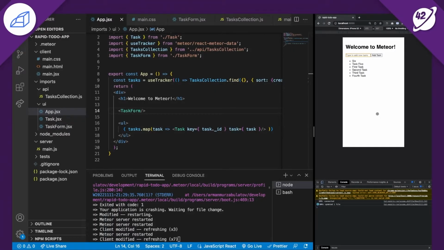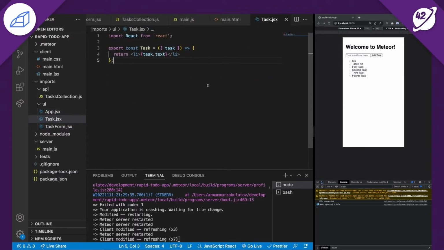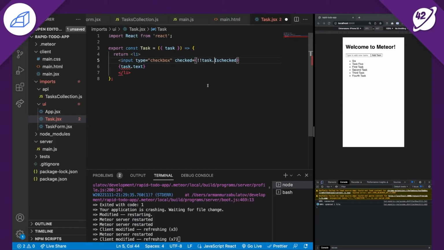Since we are building a to-do list, we need a checkbox to check the tasks that we have done, that are completed. So let's implement that. You can open our task. And by doing that, by the way, we'll implement the update operation. So let's add the checkbox. Checked. Let's call it isChecked, a new attribute of a task. So initially they'll all be unchecked, and then when we click,